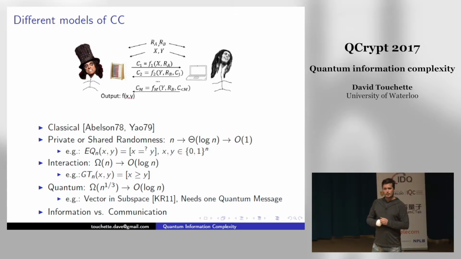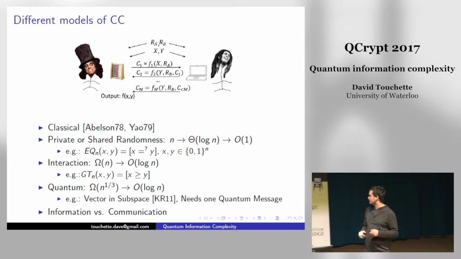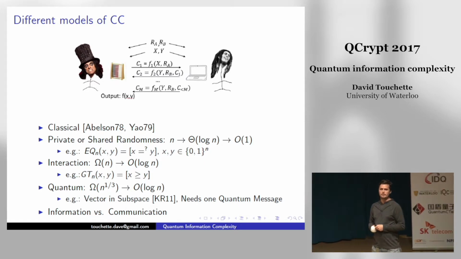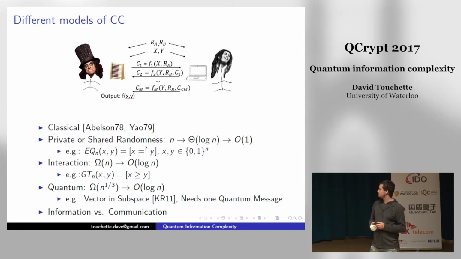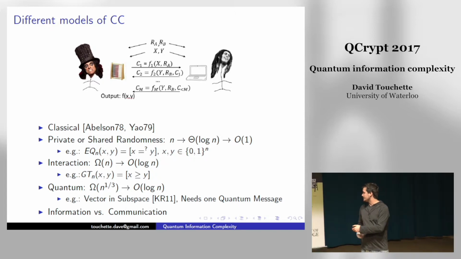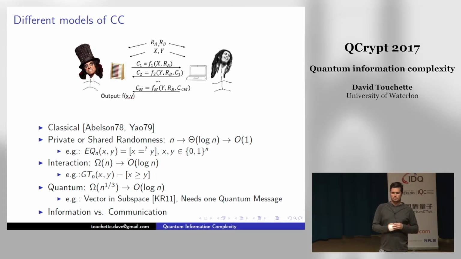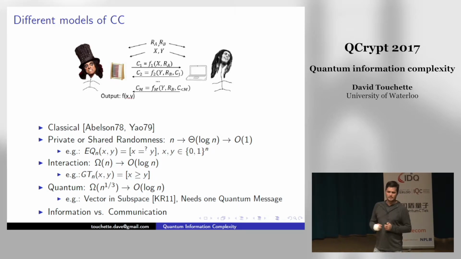But then if they allow for interaction, only log n rounds of interaction, then they can do it with only log n amount of communication here. So they get exponential saving by using this ability to interact. Okay. Even more exciting today is that, well, if you allow yourself quantum communication rather than only a classical setting,